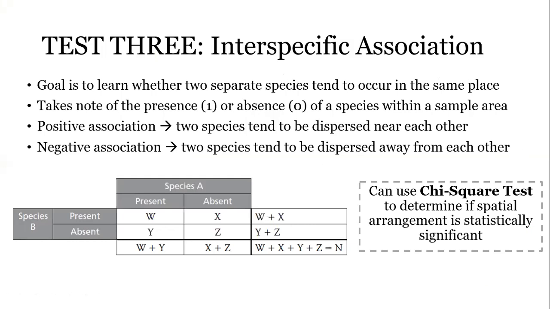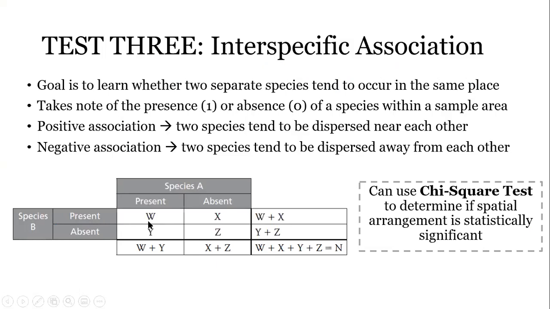For the third test, we actually use a chi-squared test, and it's a bit different than the other 2. So we want to see about spatial arrangement once again, and if it's influenced by another species. So we have species A and species B, and we're going to basically see where both of them are present,